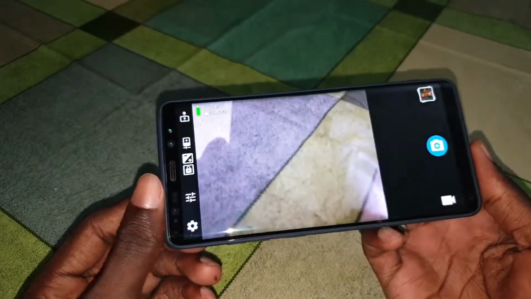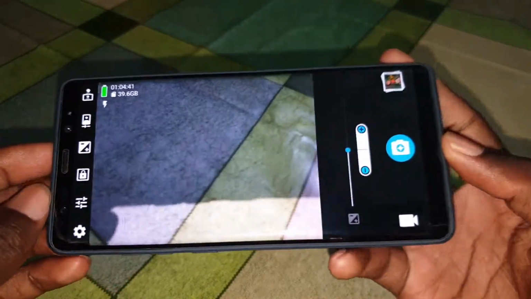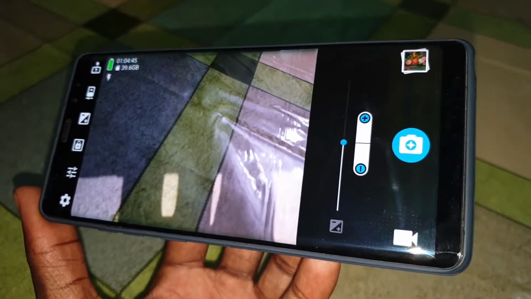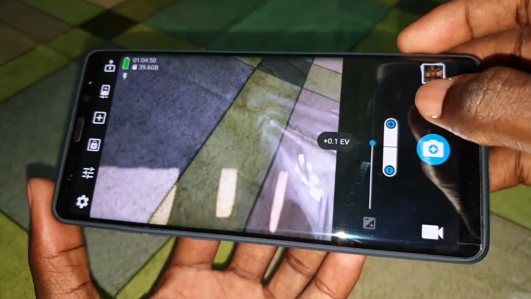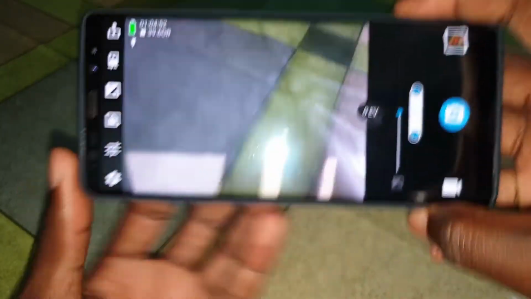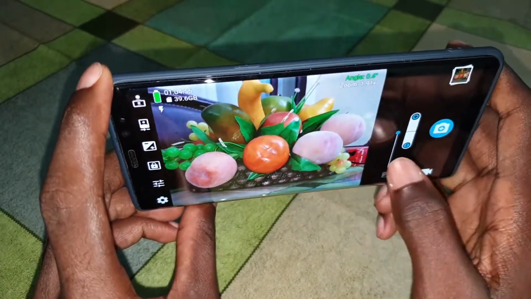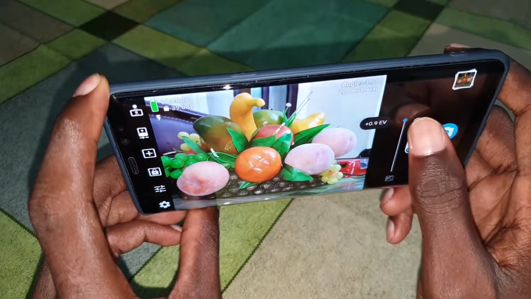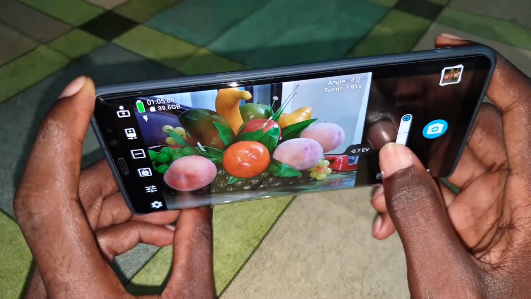Okay. As you see, there are more features. Next, this is for exposure. And it's nice. You can click on plus, minus. You can do this. Look at that. Plus to increase the brightness, the exposure, to decrease like that.